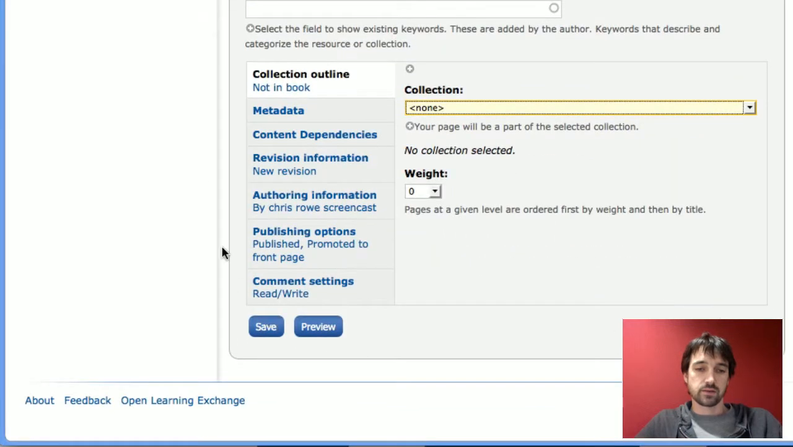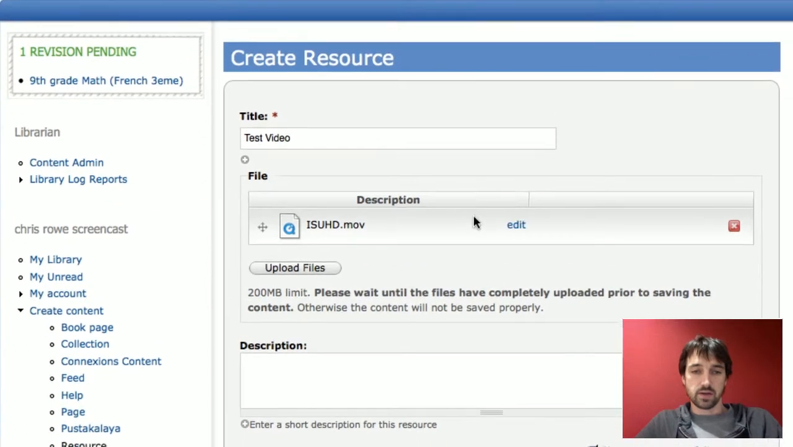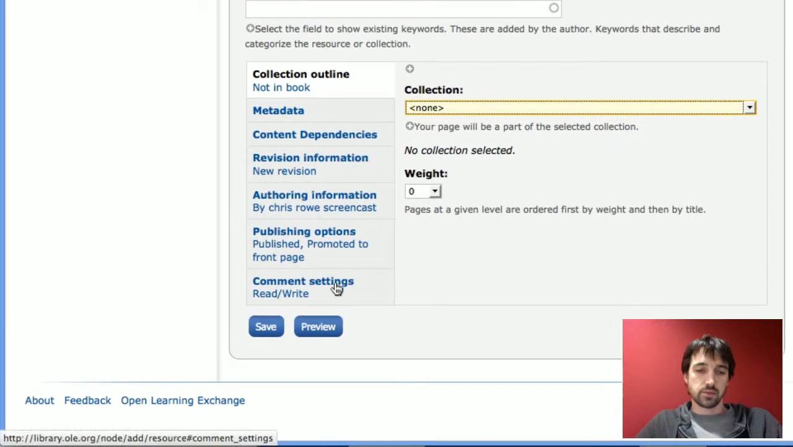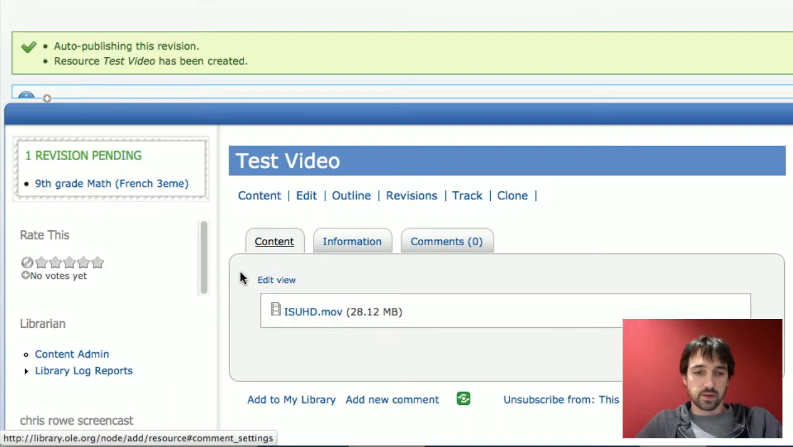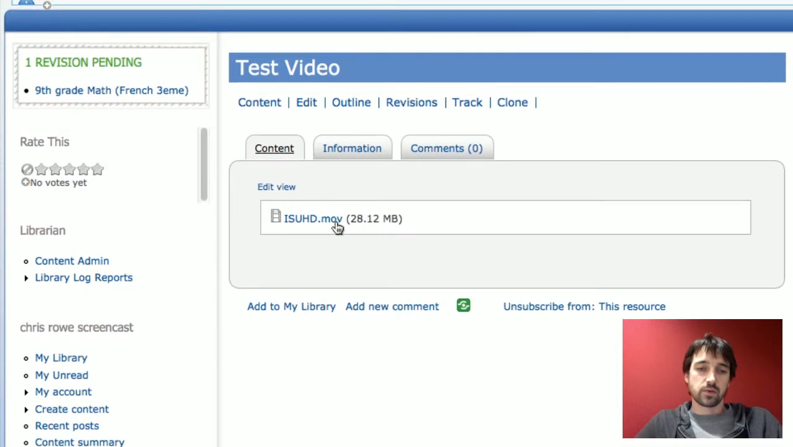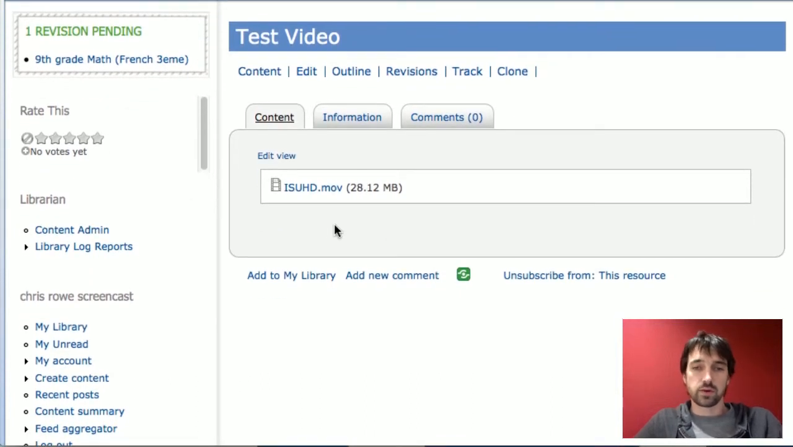We just have to scroll up to the top here and see that this is now done. There's no more progress bar, so it's done uploading, and we can just hit save. So that's the basic process. Since the MOV file is not a kind that can be previewed, there's no preview here,